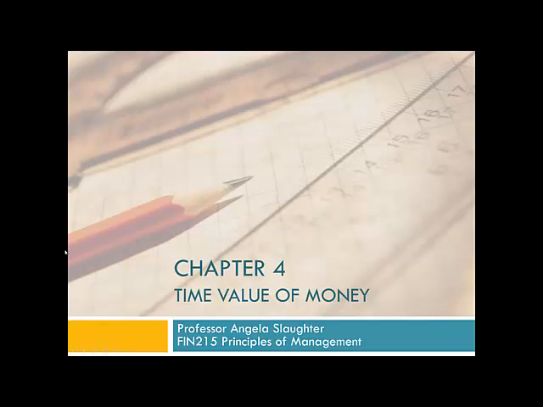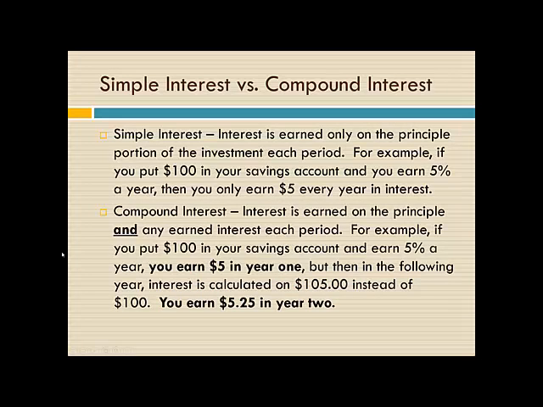First of all, the difference between simple interest and compound interest is really pretty easy. Simple interest is interest earned on the principal portion only of the investment. It doesn't matter how long you leave it in the bank. For example, if you put $100 in your savings account and you earn 5% a year, then you are only going to earn 5% every year, or $5 every year in interest,